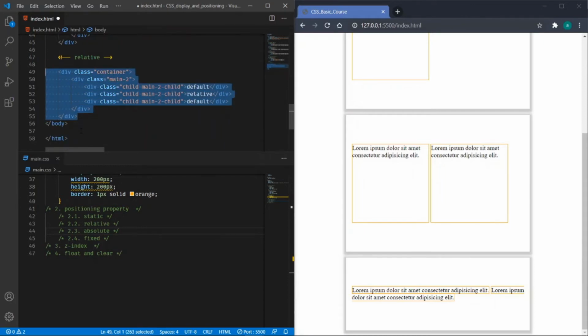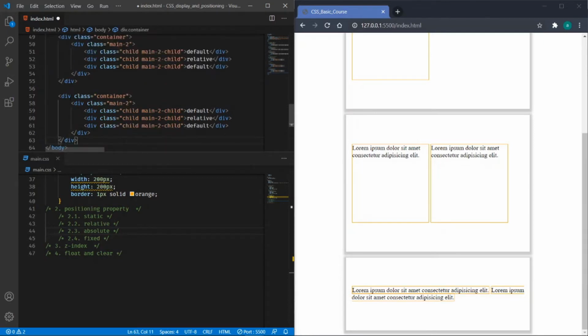Then goes the absolute one. For this I will have main 3 children, targeting the middle child for the absolute positioning.